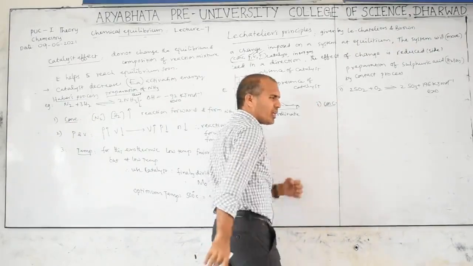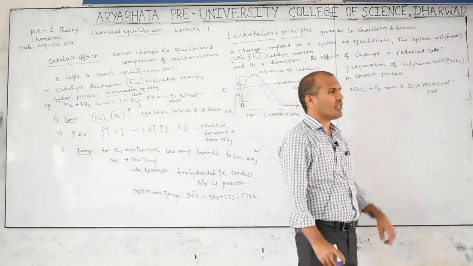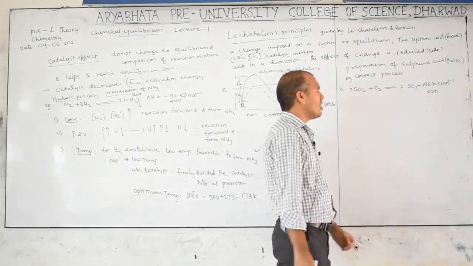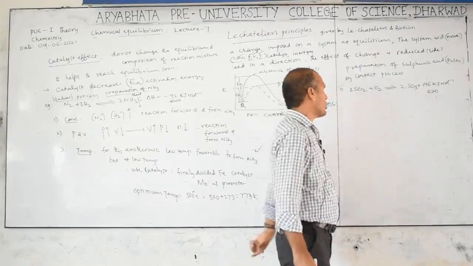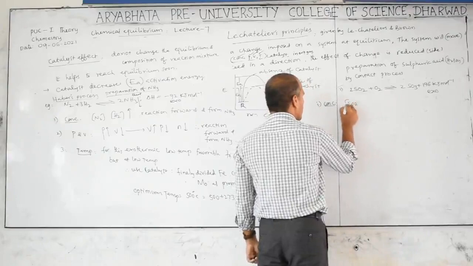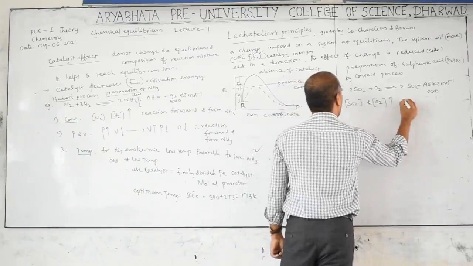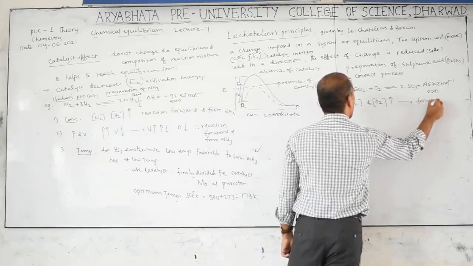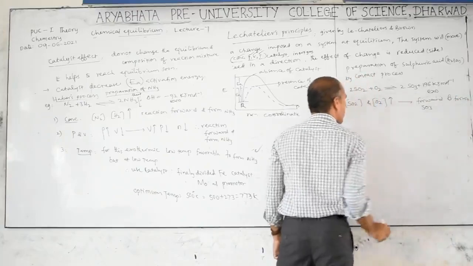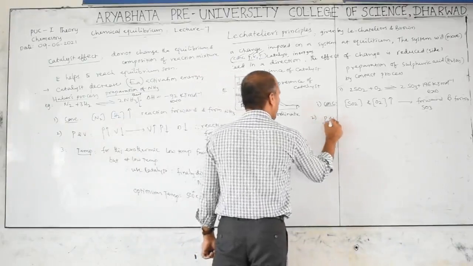Concentration effect, to get more SO3. Then you may ask the question, sir, you wrote sulfuric acid, but here what is it? SO3. Actually first we have to prepare SO3, later we will get the H2SO4. Then to get the right side, what do we have to increase? SO2 concentration and O2 concentration increase, then the reaction goes forward and forms SO3. Concentration effect complete.